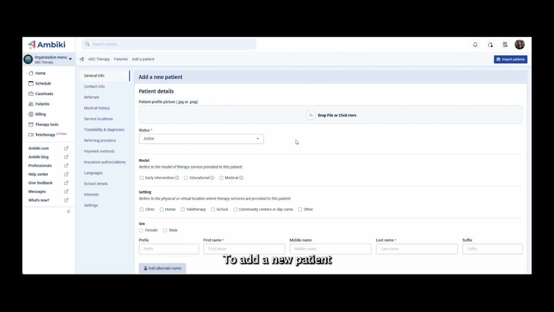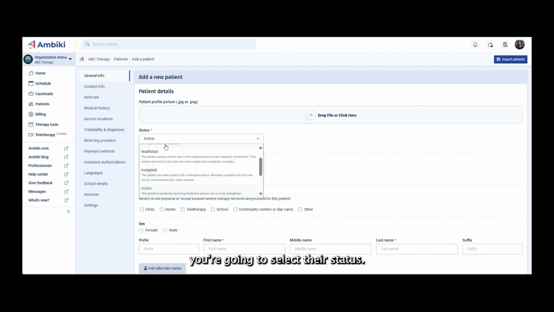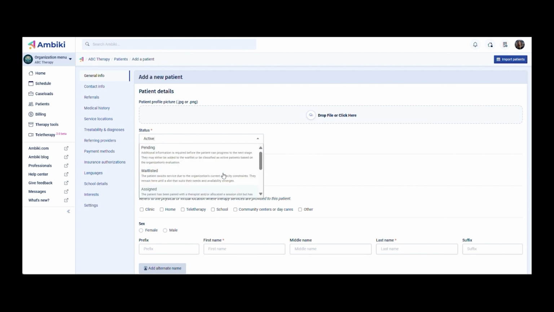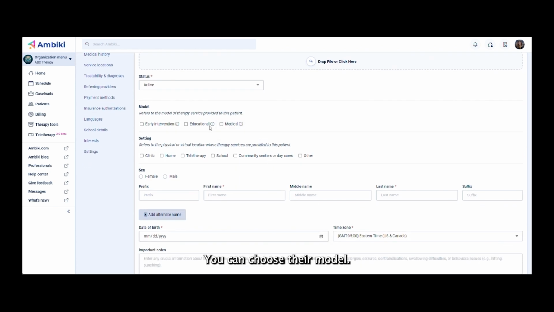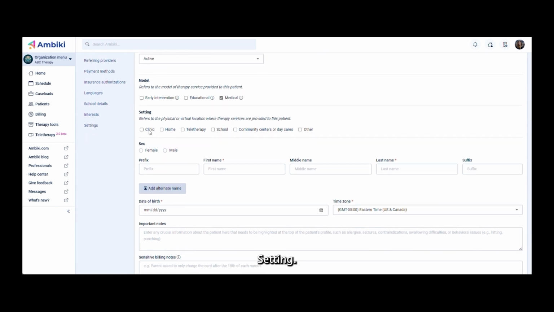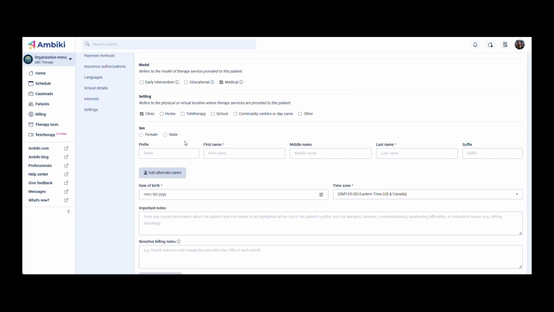To add a new patient, you're going to select their status, you can choose their model, a setting, put in their name, date of birth,